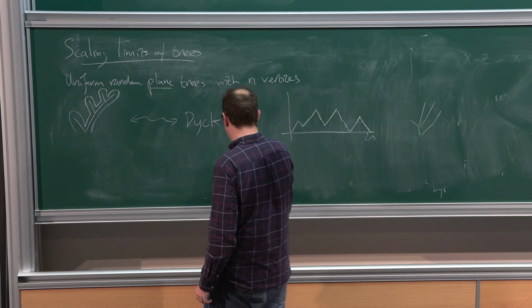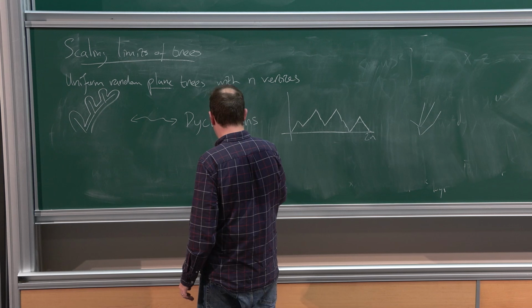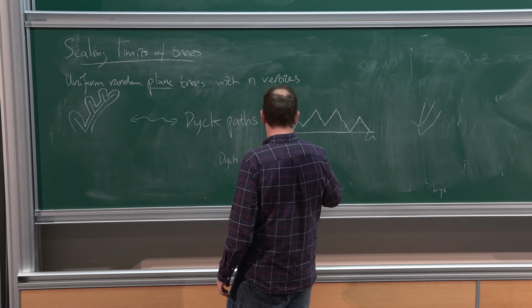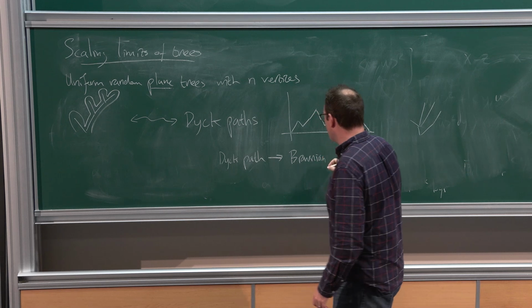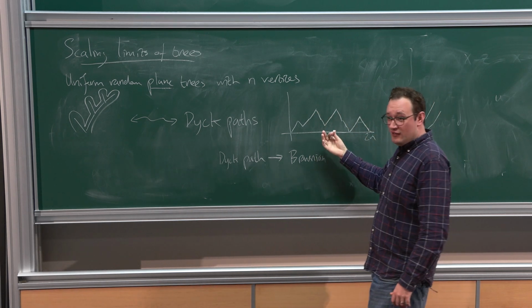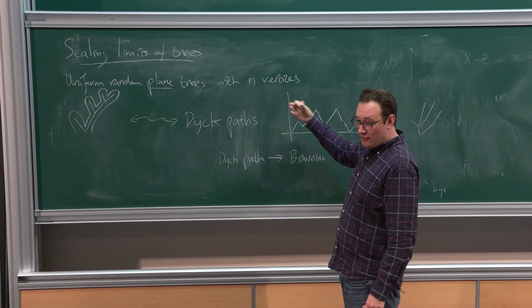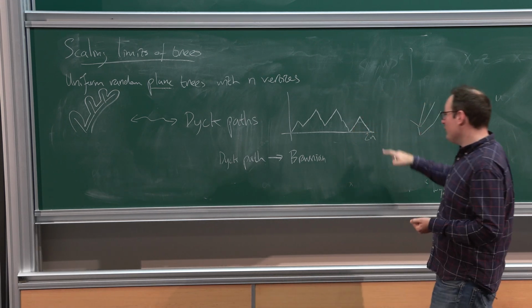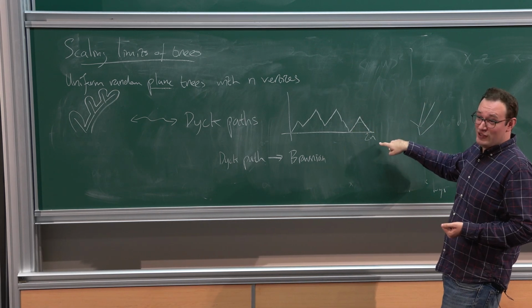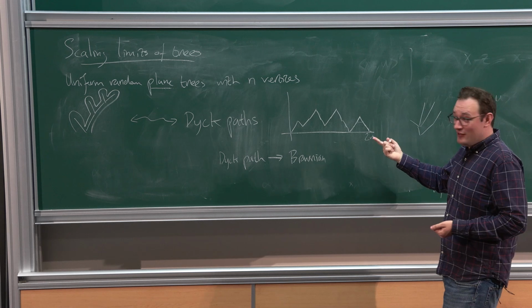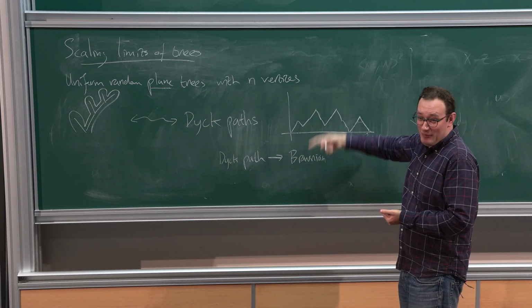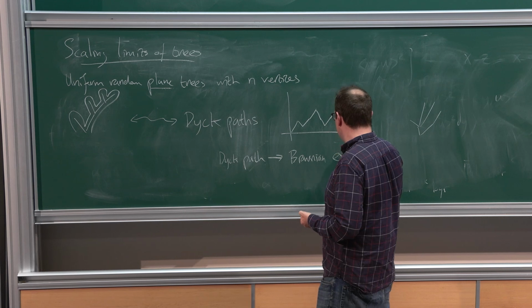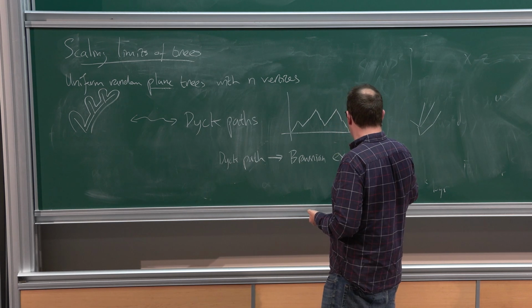Right, so of course, if we didn't have this restriction about returning to the origin at time 2n and staying non-negative in between, we would just get a Brownian motion. If we required that we return to the origin at time 2n, we would get a Brownian bridge, and the Brownian excursion is what you get by additionally requiring that you stay non-negative in between. Of length 1.